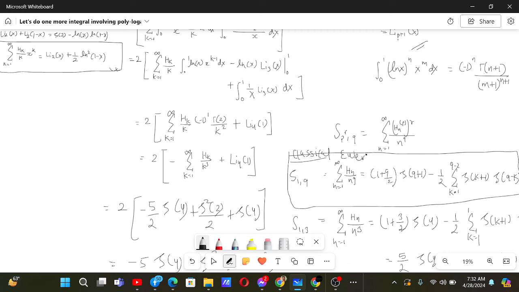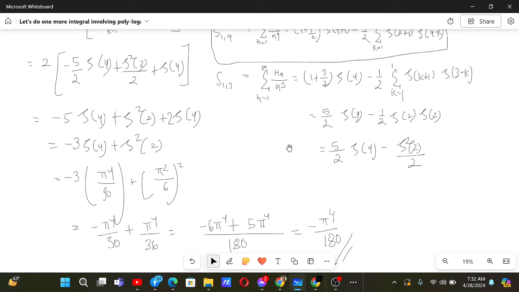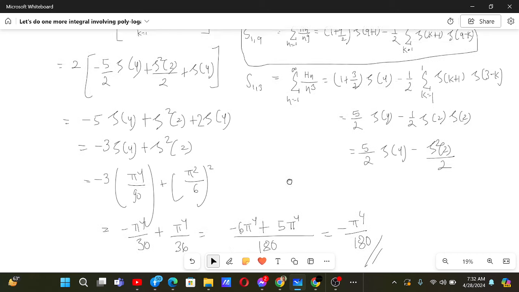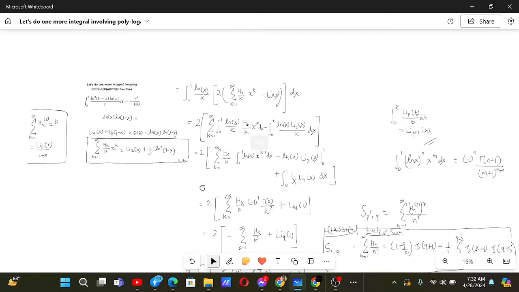We used the classical Euler sum formula, which gave us the following nice result: the sum of Sn by n cube is equal to 5 by 2 zeta 4 minus zeta square 2 by 2. We just replaced that, did some mathematics, and got the answer. So that was it. This was a cool problem,